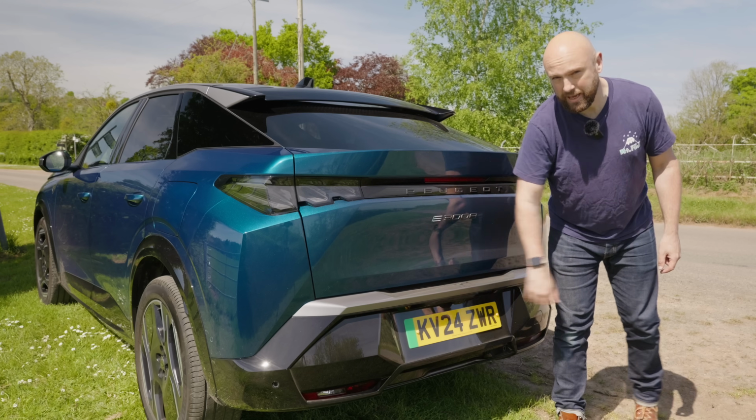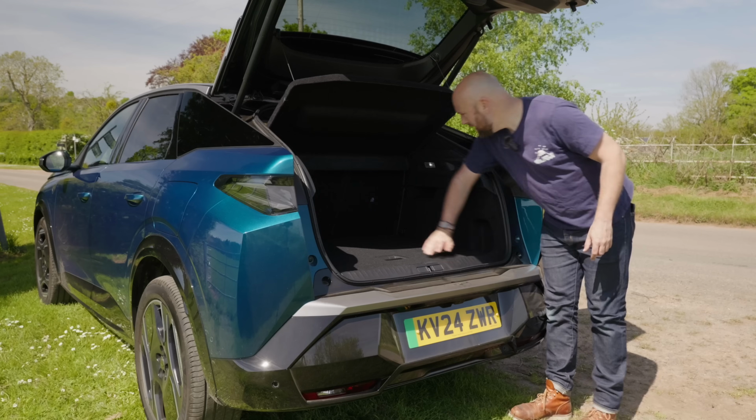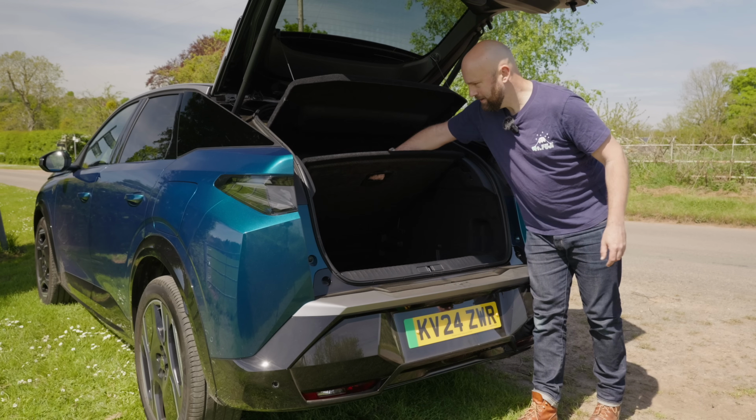But anyway, let's look in the boot, because the space is exactly the same as in the old 3008. It's 520 litres, so it goes back a reasonable way. It's not that high, though, when you first look at it, but this flips up, and it will actually,